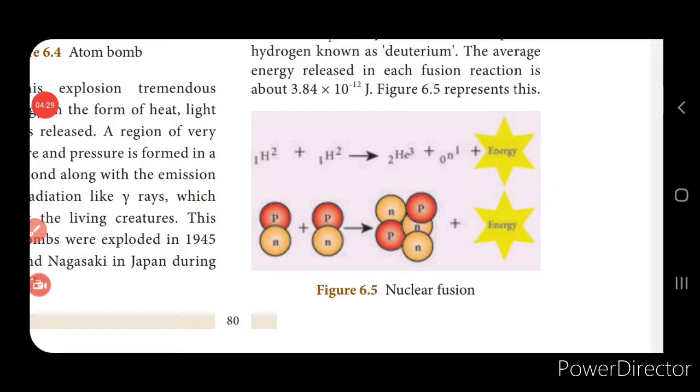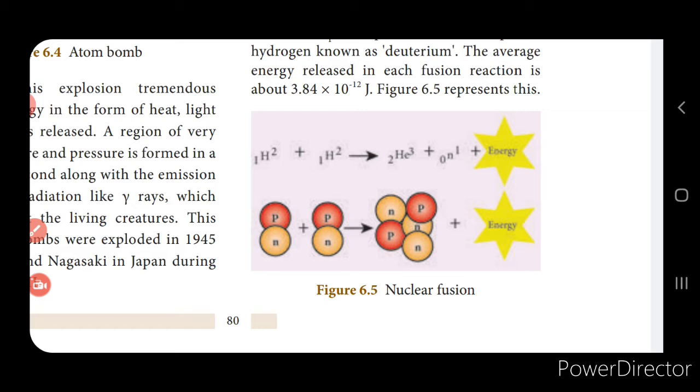Now in the last class we learnt about the nuclear fusion reaction, isn't it? The fusion reaction is one in which two lighter nuclei combine together to form a heavier nucleus, and this is called nuclear fusion. We saw the example of the isotopes of hydrogen, that is deuterium. When two deuteriums, which are lighter nuclei, combine together, it forms helium, that is He-4 2, right?